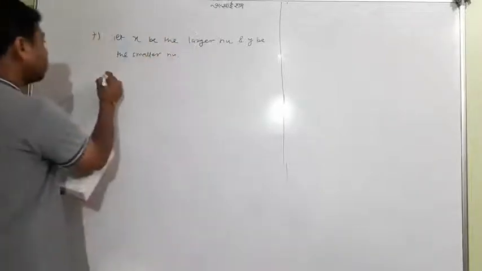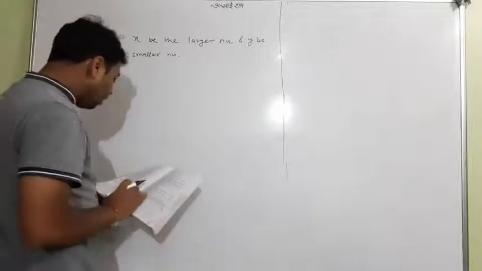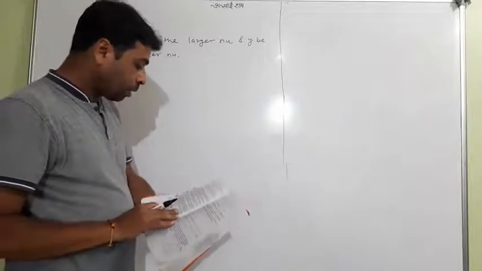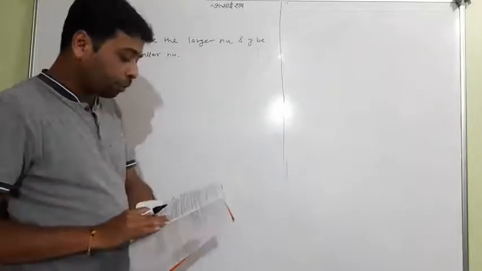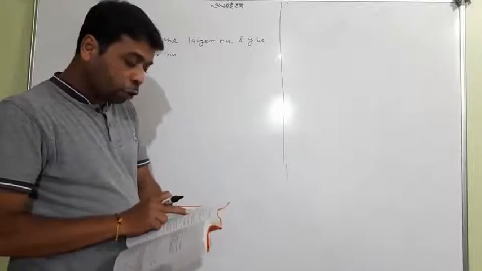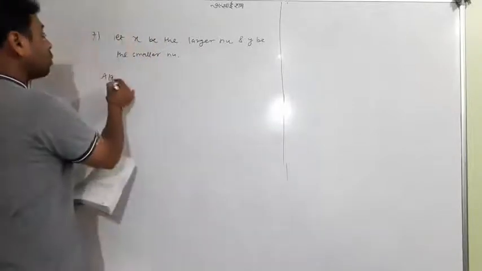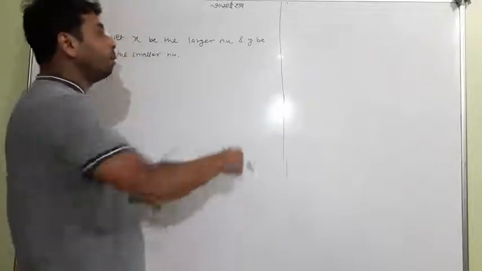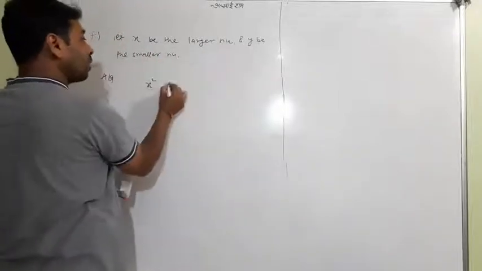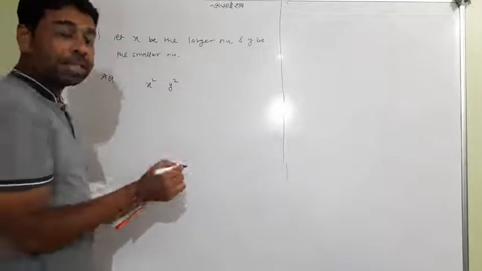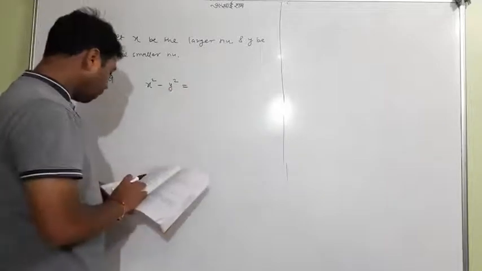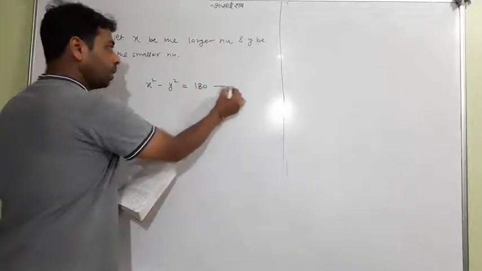And according to the question, it is saying, I took the 7th one, the 6th I dropped. Okay, the 6th I'll tell you later. No matter. The difference of the squares of two numbers is 180. What is the meaning according to the question? Difference of squares of two numbers. So this is the larger number, so the square of this number and the square of this smaller number, x square and y square, and the difference of the squares of the numbers is equal to 180. Now this is the first condition we have got.